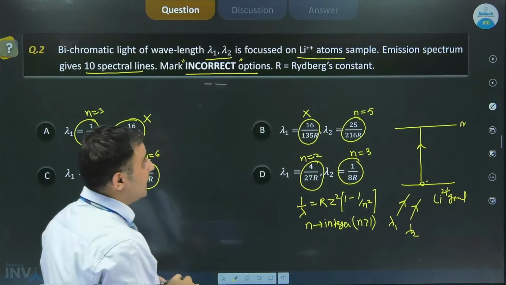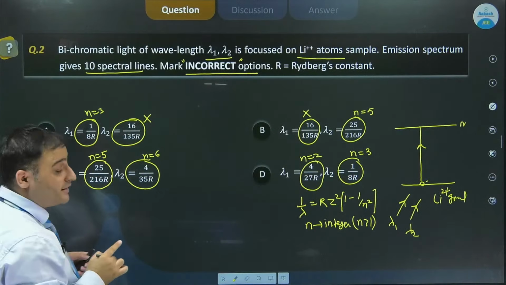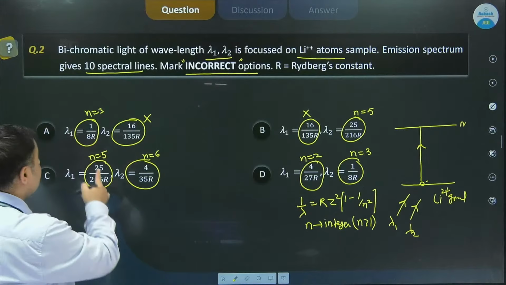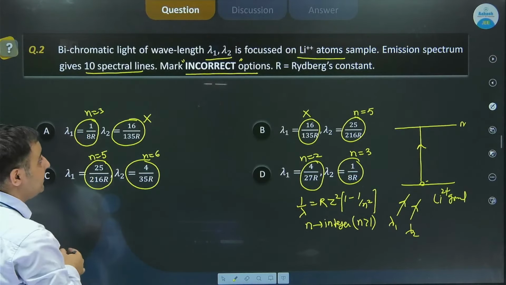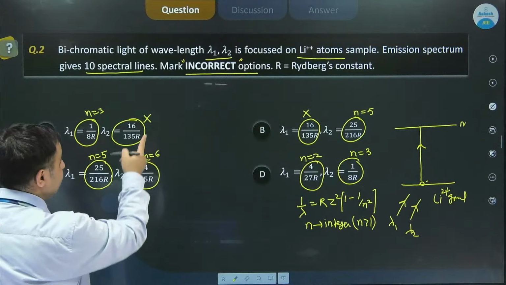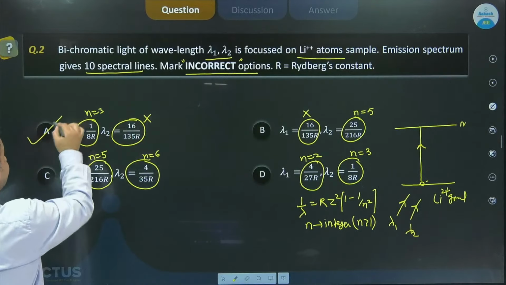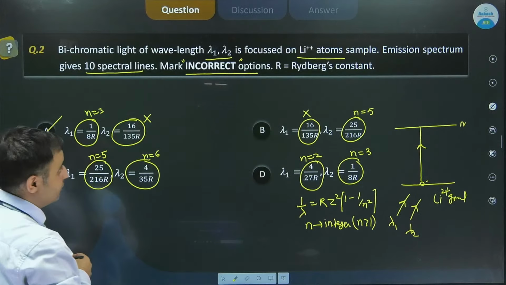नाउ एमिशन स्पेक्ट्रम में 10 स्पेक्ट्रल लाइंस हैं, तो n इज इक्वल टू 3 से 10 स्पेक्ट्रल लाइन पॉसिबल नहीं है, तो ये हमारा इनकरेक्ट ऑप्शन है. हमें इनकरेक्ट ऑप्शन मार्क करना है. ऑप्शन A इज इनकरेक्ट. नाउ फॉर ऑप्शन B,